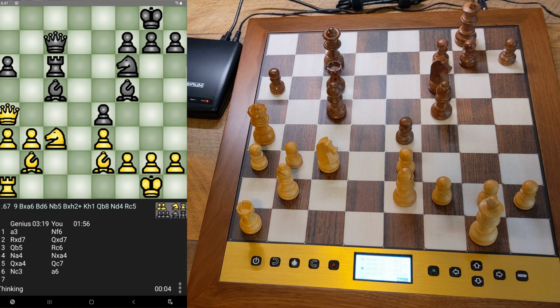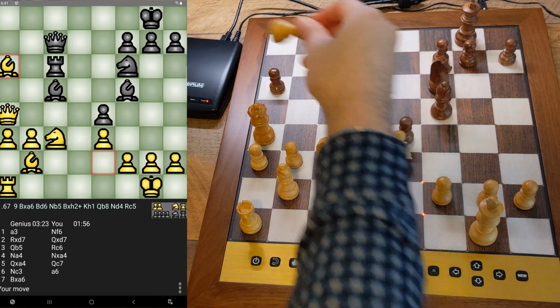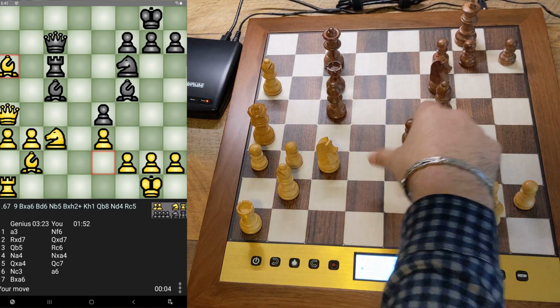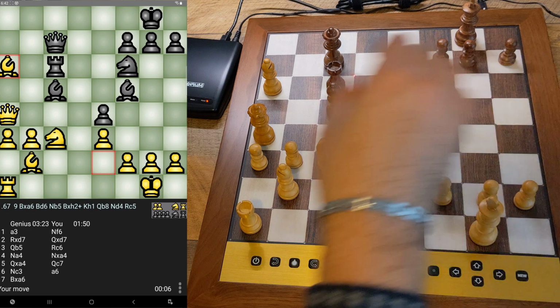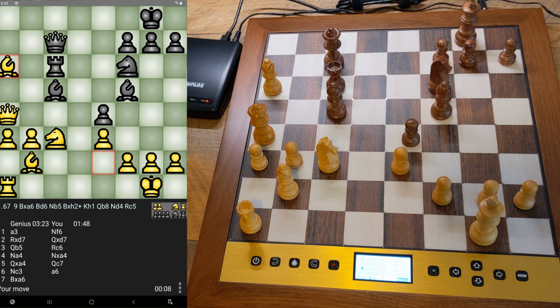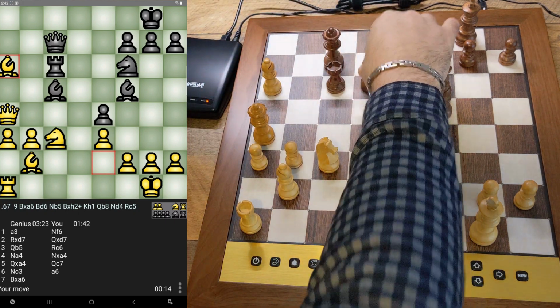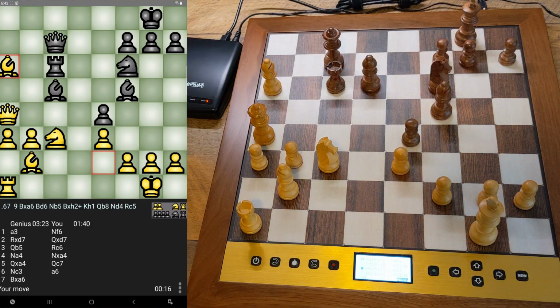The whole point here, white's queen is kind of inactive. It doesn't really have a good square. So black has done a really good job at what I think of as really restricting White's play, because he has a really strong hold on the center. White does have 2 connected pawns here, but